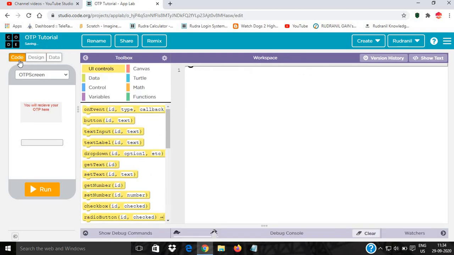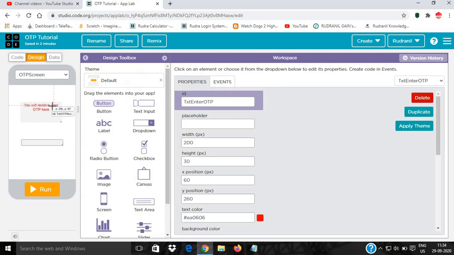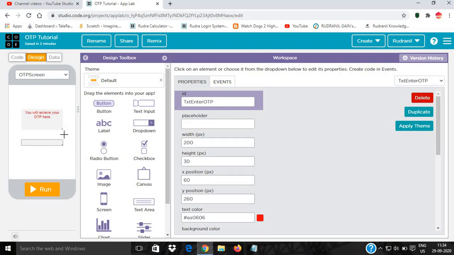Now let's program it. Another thing we need to do is create a button, and we can name it btn send OTP, and in the text we can give send OTP.